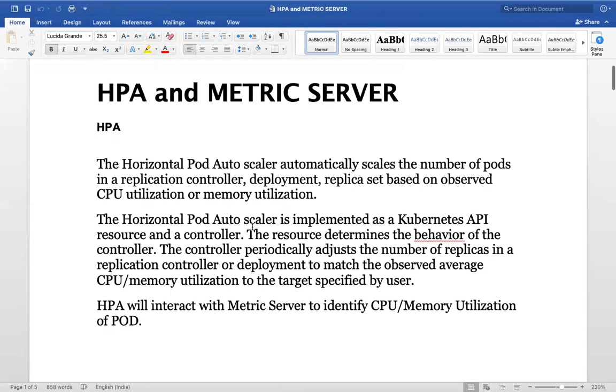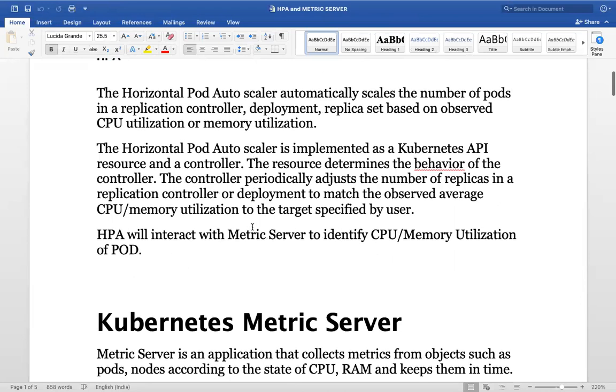So, as I told, this horizontal pod autoscaler will try to adjust the number of pod replicas of a deployment based on observed CPU and memory utilization.